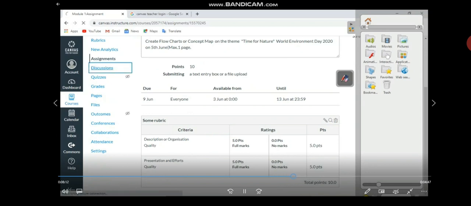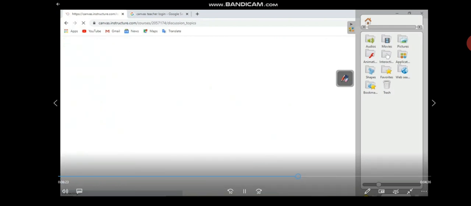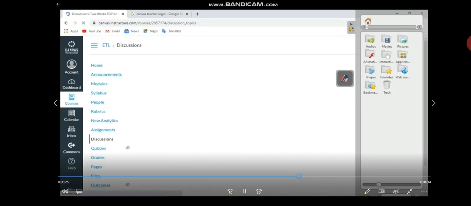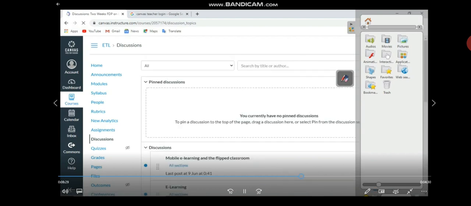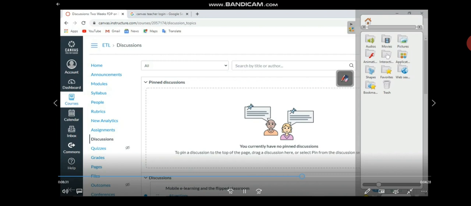So the teacher can decide based on the modules, on the course structure, how to engage the learners, how to assign the different tasks, to create new ideas, to go for creativity and to go for value additions. Like this, quizzes can be generated, grades can be viewed, different pages, files added, and so on.